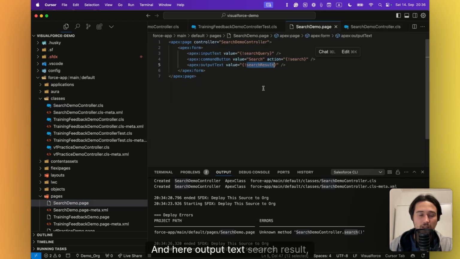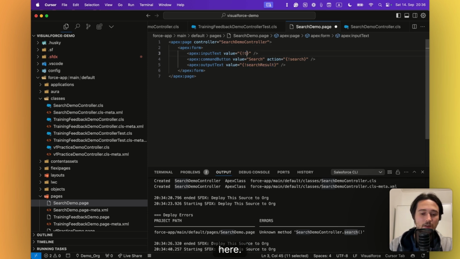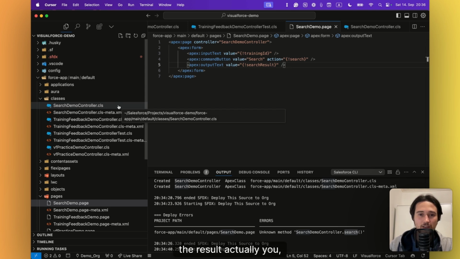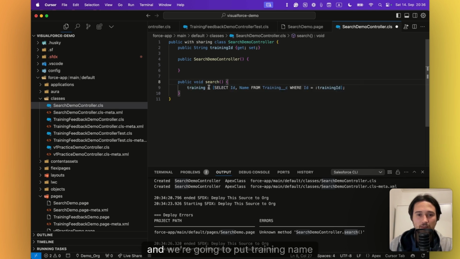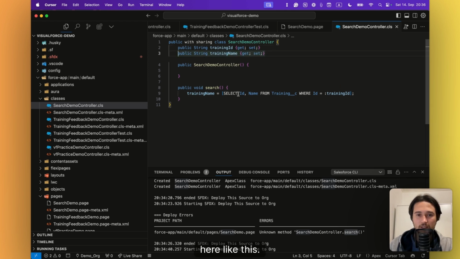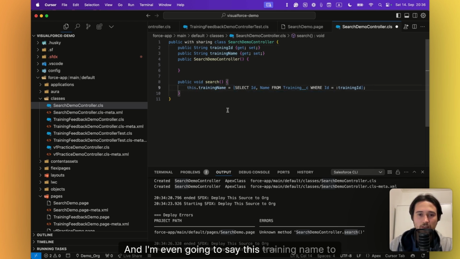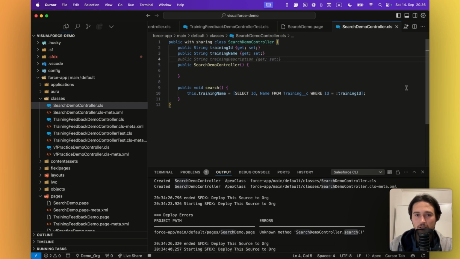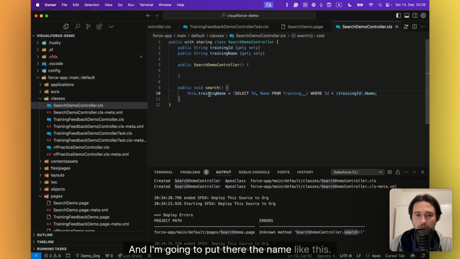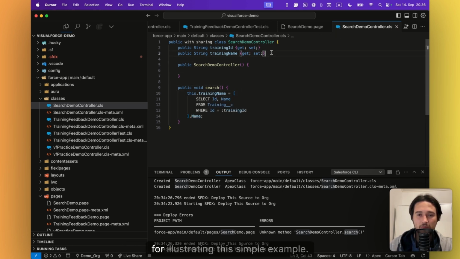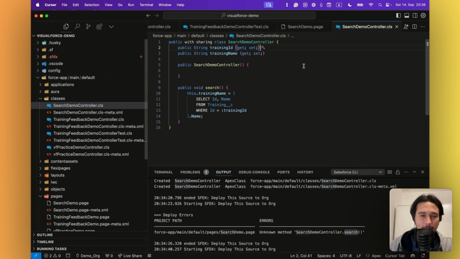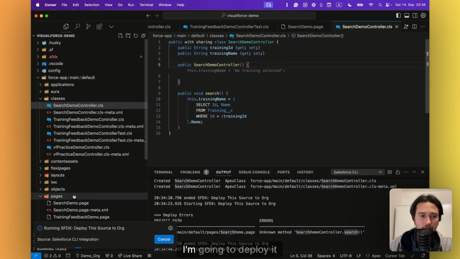And here output text search result here, so that would be the training ID, and the result, actually, you know what would be the result? Instead of returning here, we're gonna say void, and we're gonna put the training name here like this, and I'm even gonna say this dot training name to make a point that this is actually the training name from there, and I'm gonna put there the name like this. All right, it's not necessarily best practice, but it's fine for illustrating this simple example. All right, so I have this, I'm gonna deploy it,